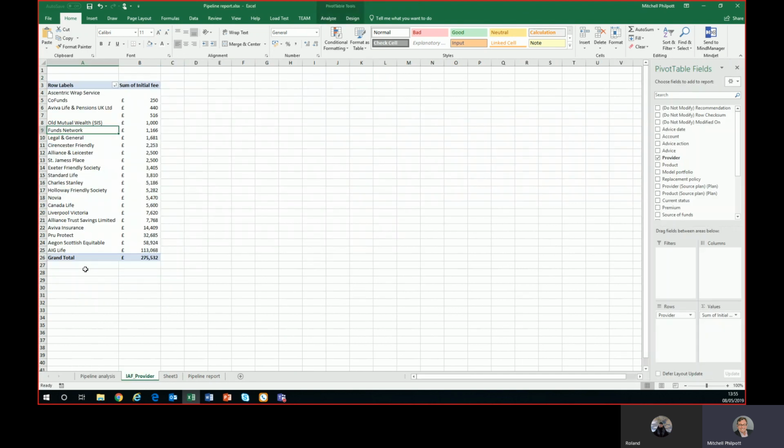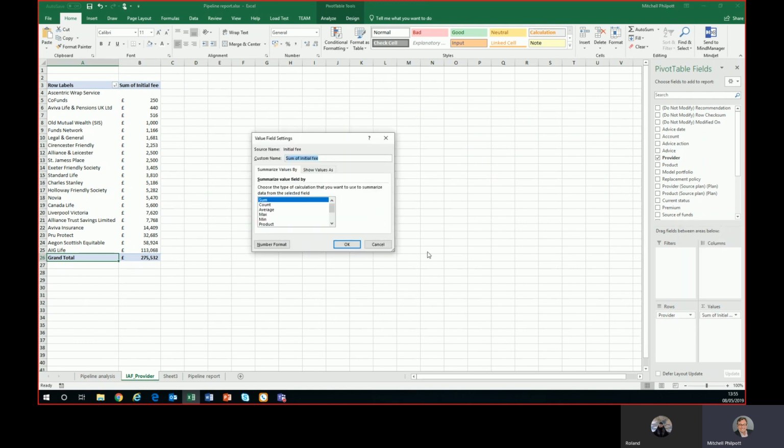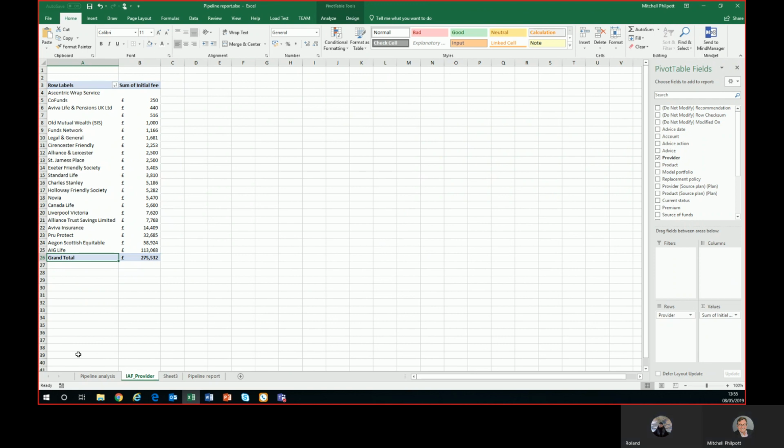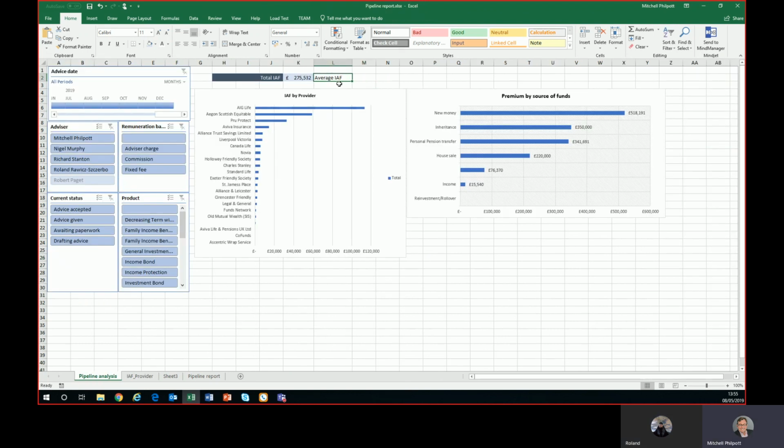So obviously that is the grand total. What I would need to do is reproduce the pivot table with the same filters in order to not do a total, because obviously I've got some here, but value field settings, I could then do count, average, minimum, maximum, whatever it might be. But nonetheless, that is obviously how you do that. And so the ability just to select individual items is, I think, fantastically useful when it comes to providing